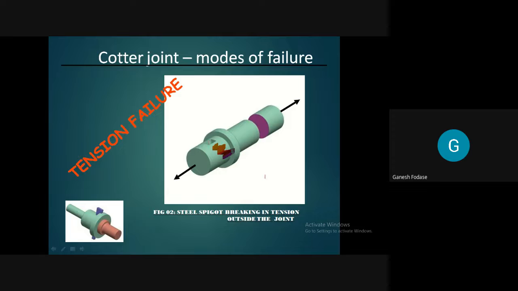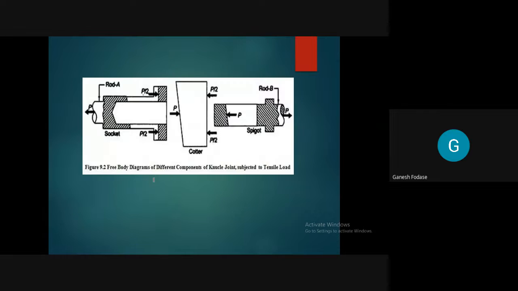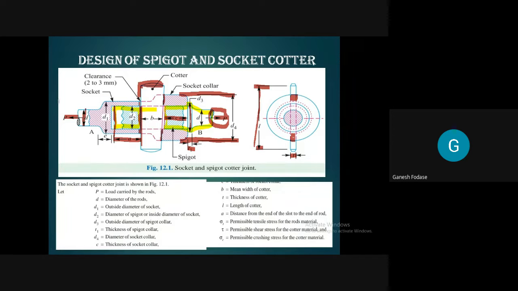Now you can see what I'm asking you. I'm telling you there are different modes of failure. The first one is tensile failure. This rod will fail at this point. Why at this point? This is the smallest diameter. D is the smallest diameter in this case, of all the diameters. The component will fail where it is weaker. So if D is the smallest diameter, there will be tensile failure of the rod here also and here also.